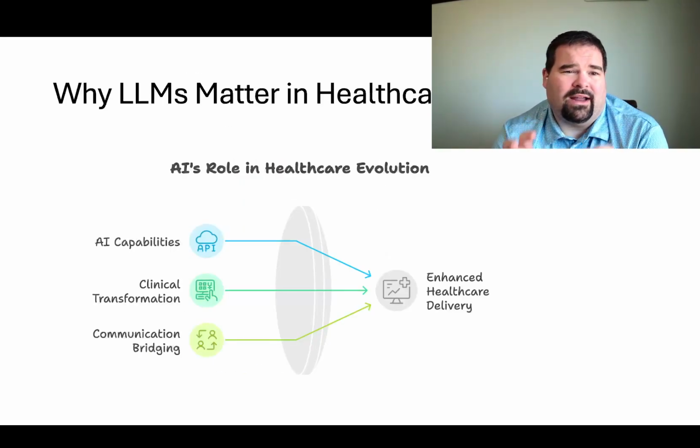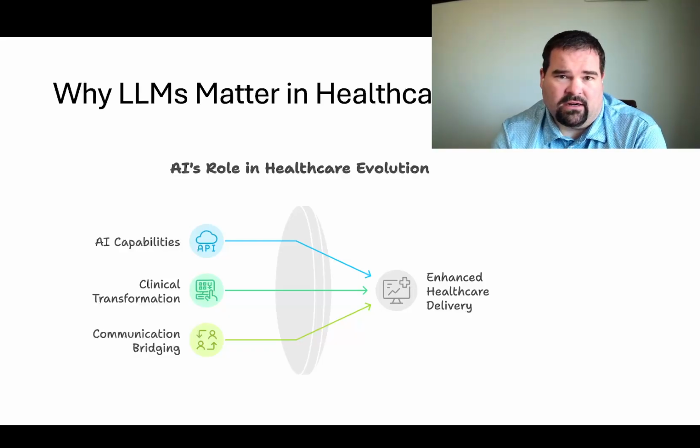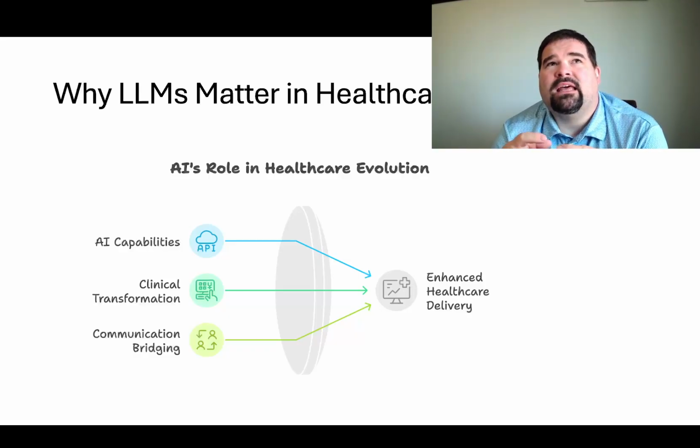So, why do large language models matter in healthcare? We've been using AI in healthcare since I started in the industry 20 years ago. But our ability to use AI has been changing over time. In large part, it's because we now have more compute cycles than we've ever had in the past. Compared to when I started,